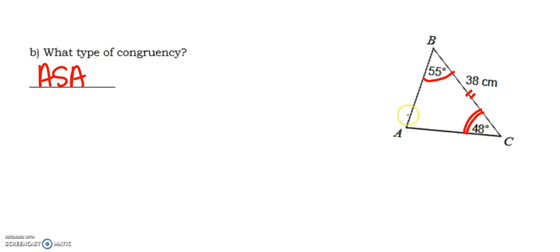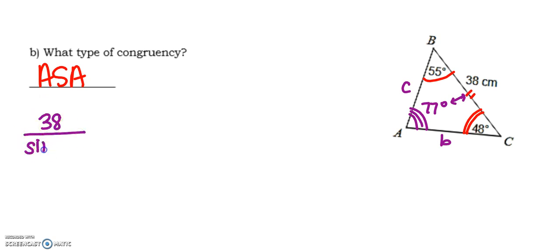So the things that I still need to find are angle A, side B, and side C. Again, I'm going to start with finding that angle A because I know that there's 180 degrees in a triangle. So I'm just going to subtract from 180 and I get that angle A is 77. Well, now because I have 77, this is a nice side and angle pair that I can set up my ratio. So we would say that 38